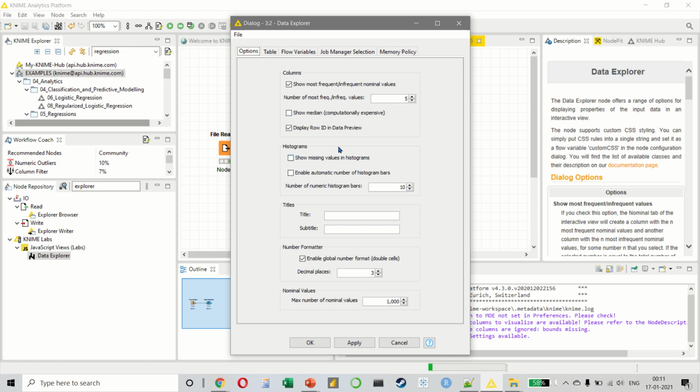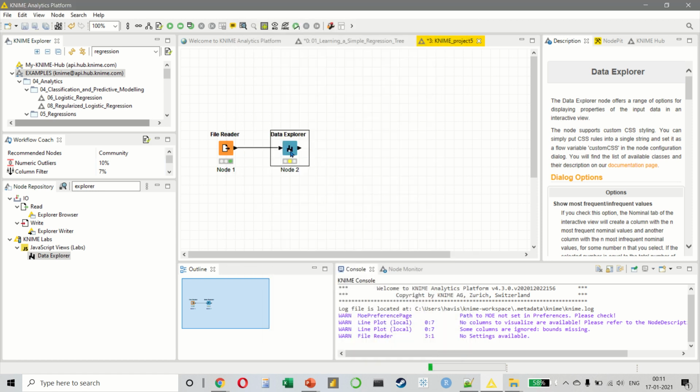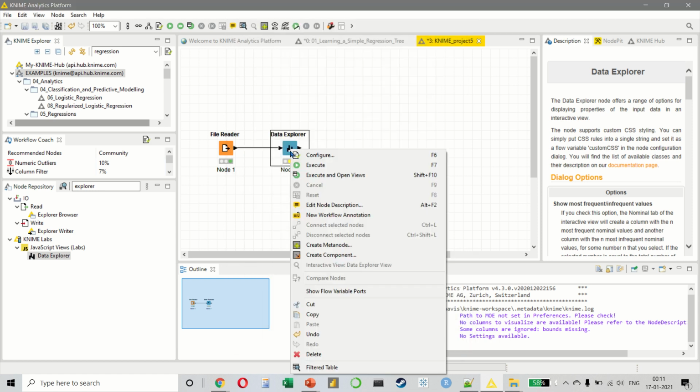At the bottom, we want to make the nominal values into 100. Now see, there is no magic number for this. How do you decide? You will have to try out different combinations to see the maximum number of nominal values. But let me first explain why we are doing this. If I execute and open views,